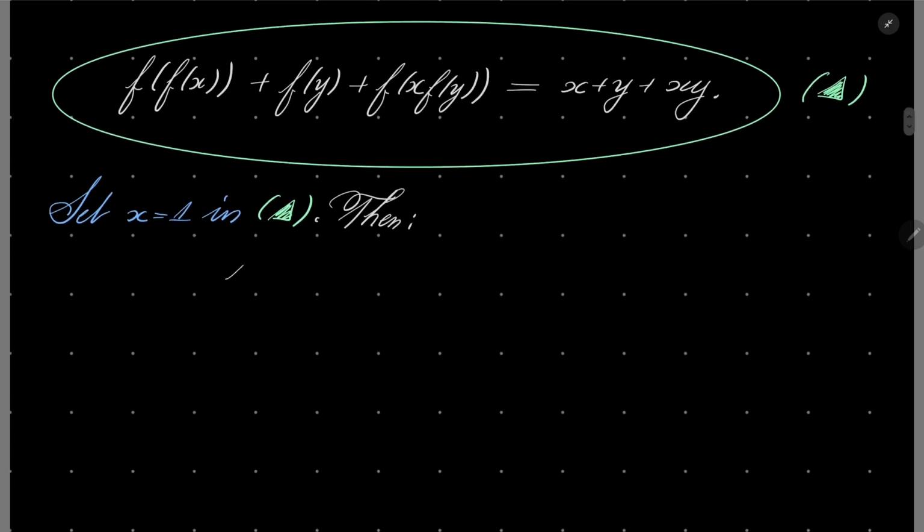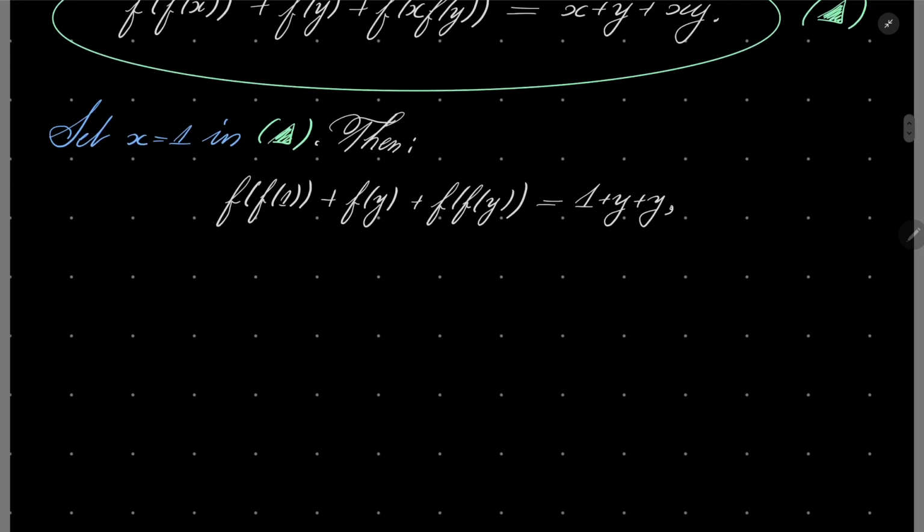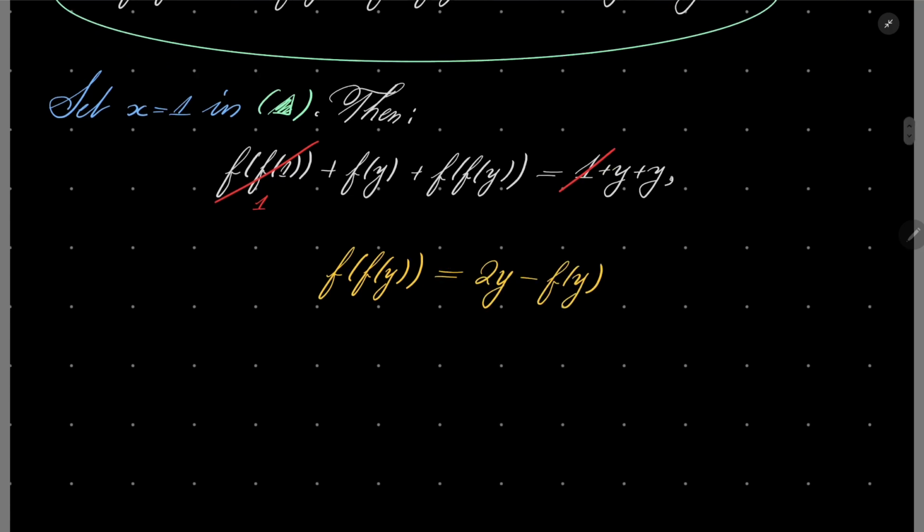On the left-hand side, we have f(1) plus f(y) plus f(y) equals 1 plus y plus y. And now let's do some simplification. f(1) is just 1, so this is 1, and that cancels with this number 1. And we can derive the following formula: f(y) equals 2y minus f(y), which I will mark,